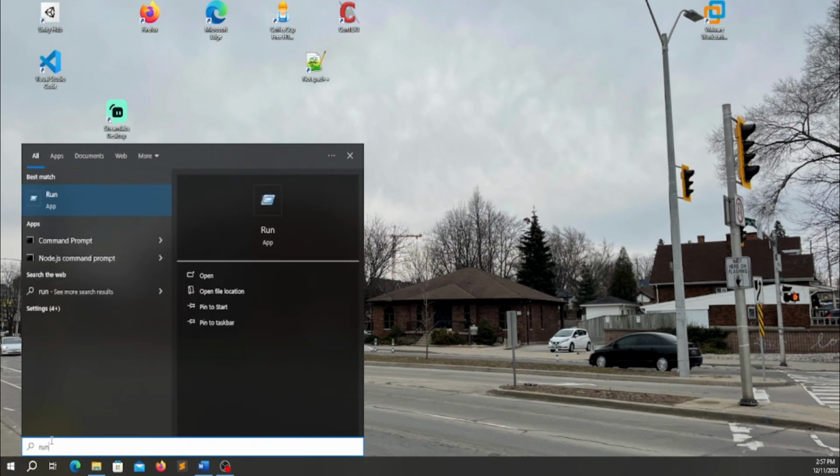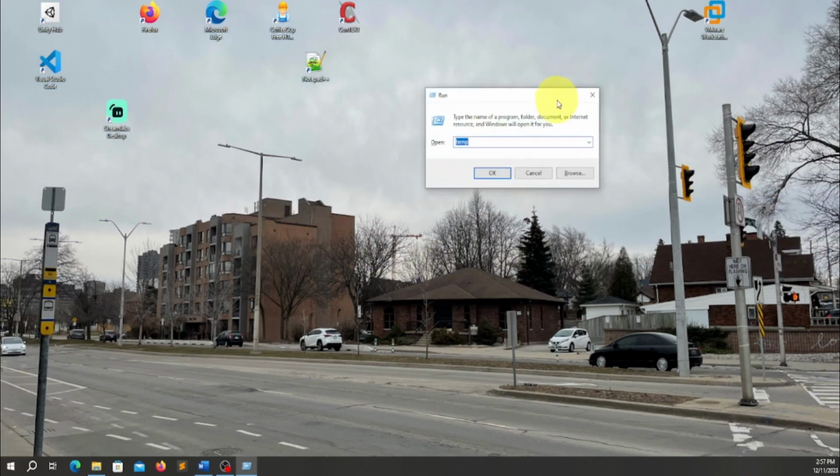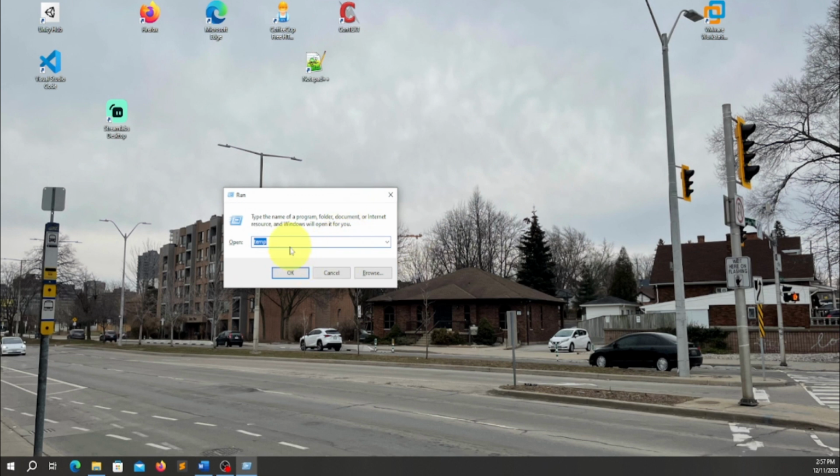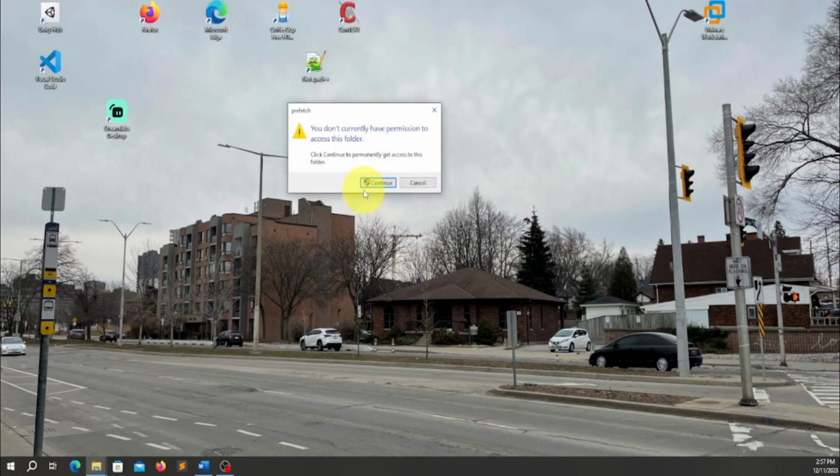You're going to see something like this. It's going to come up like this, and then you type this. This is the one you're going to type. After that, you type okay. You click okay, and then when you do that, you're going to see this, and you click